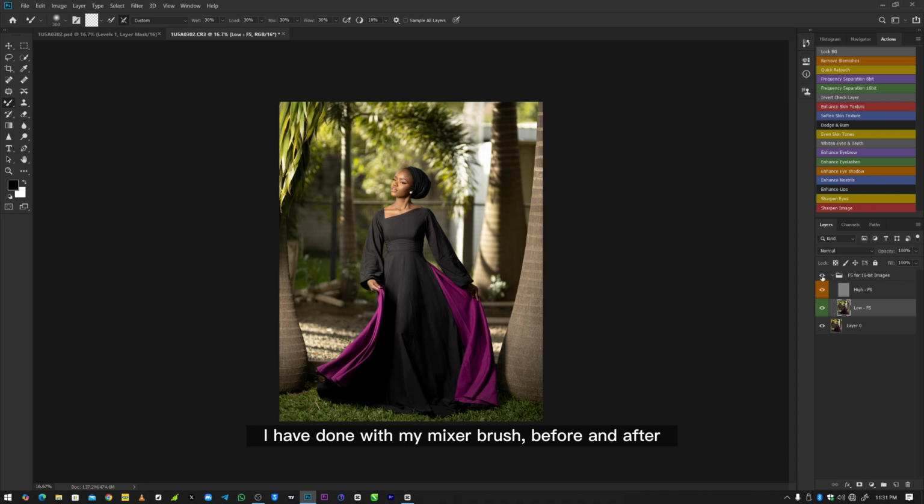Before and after. So I'll go to the hand and also brush over. I'll always brush just along with the movement of the highlight and shadows, just like you normally do your frequency separation. That's how you do it. And then over here also, as you can see,